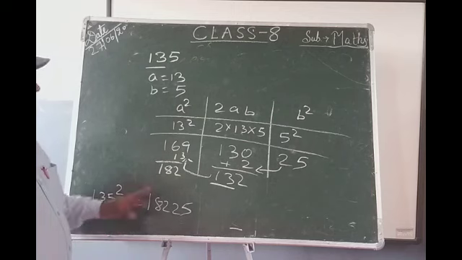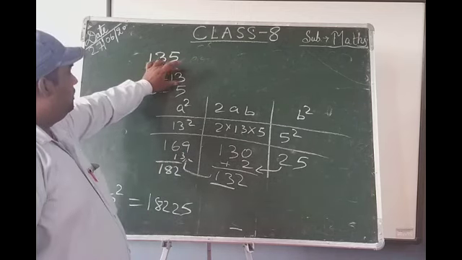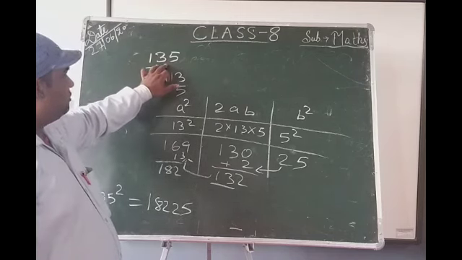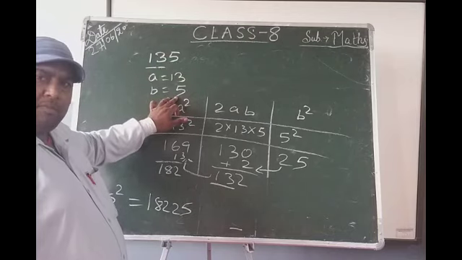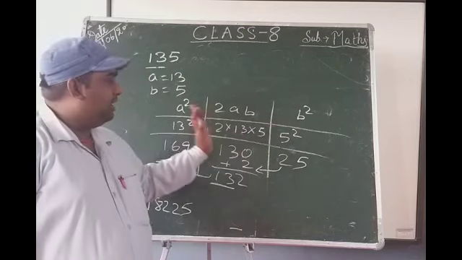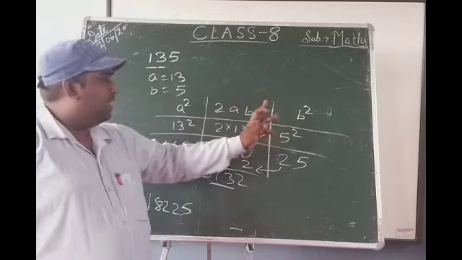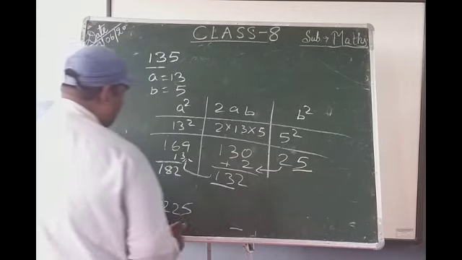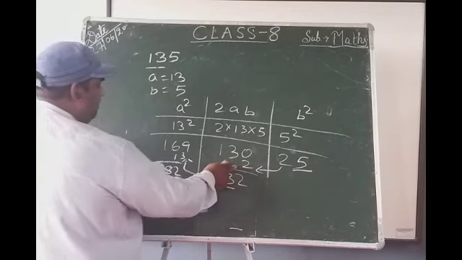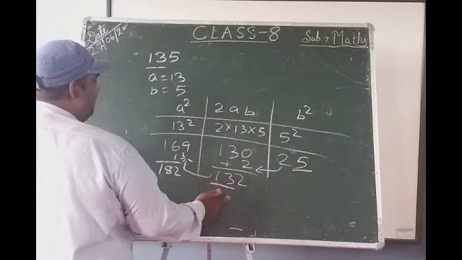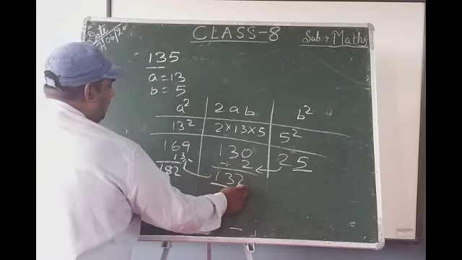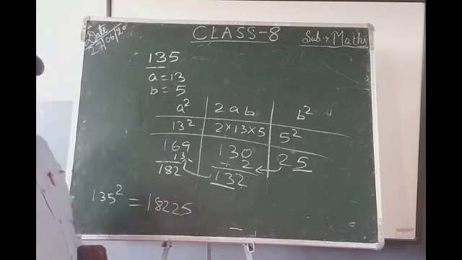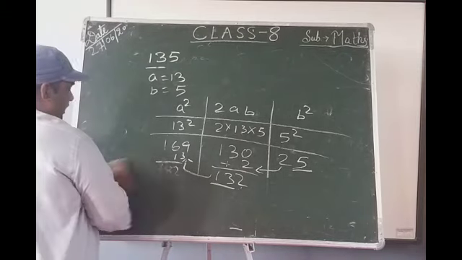135 square is 18,225. That is how we have done it by the simple method. The first 2 digits we have taken as A, and the second digit we have taken as B, which is 5. A is 13, the first 2 digits, and B is 5. Now we have applied the column method, made 3 columns, written the formula, and now we get the result. After getting the result, the first digit is automatically written in the answer, and the second is transferred to the preceding column, added there, and we find the sum. You will get again the first digit, you transfer it here, and you add 13, and then you will get 18225.